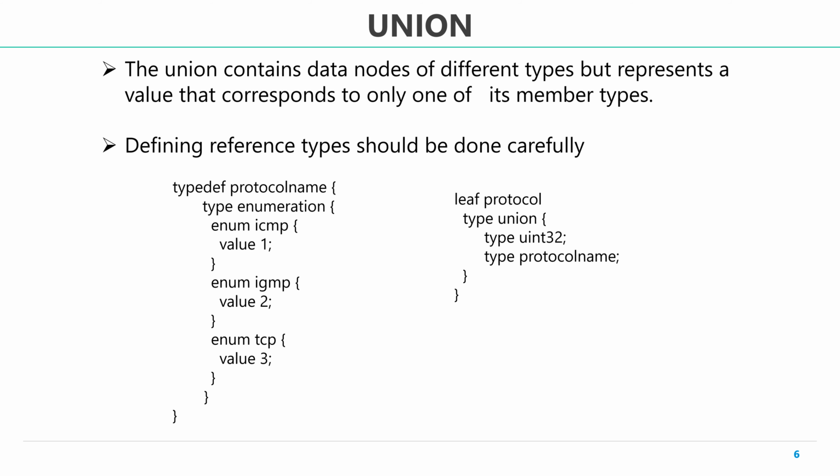So the person setting the value of the union, if he specifies an integer explicitly, the value that will be stored will be like an unsigned int 32. Whereas if a string is provided, it will be matched with the protocol name and the value contained will be of the enumeration type. So this means that you can use union in places where the same thing can be specified in different forms, but at any point knowing one form of representation is sufficient.